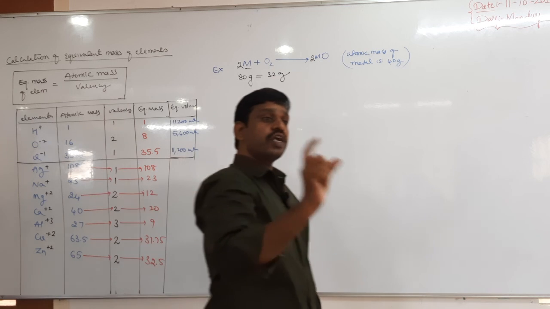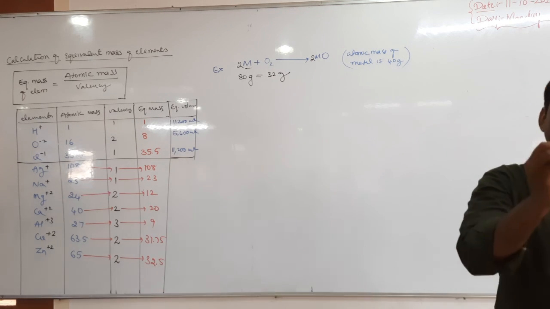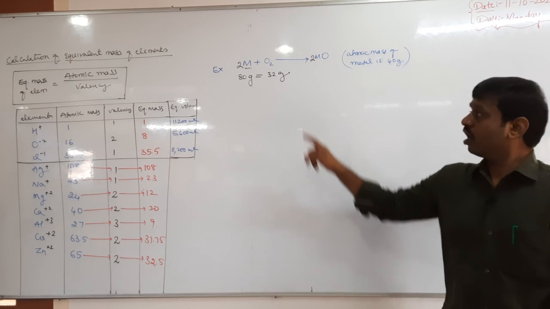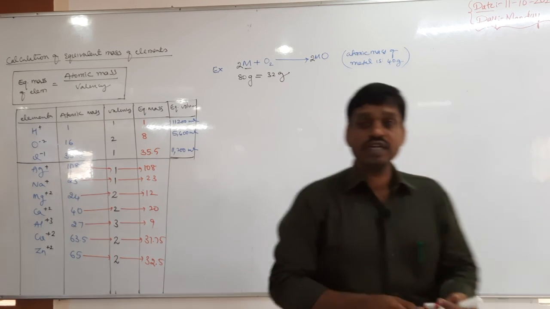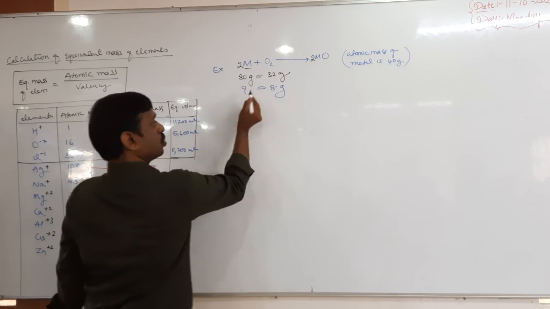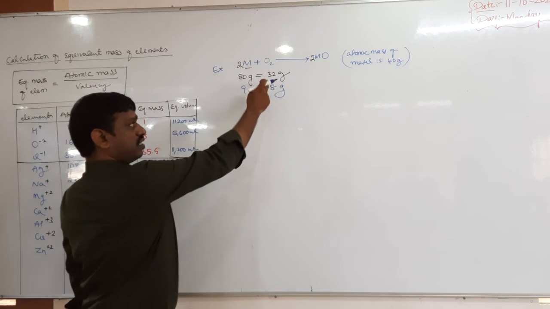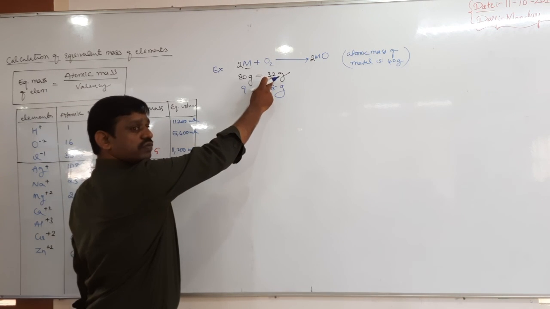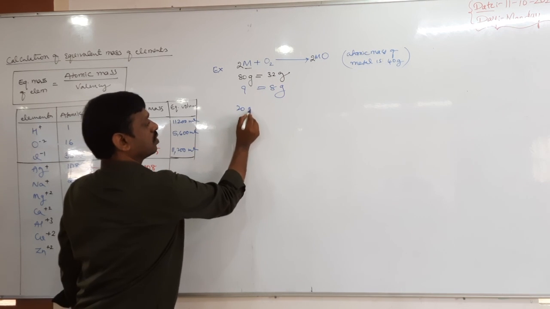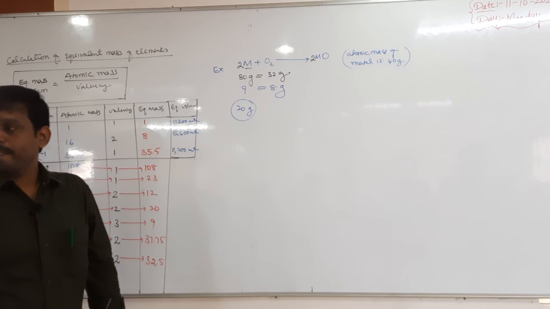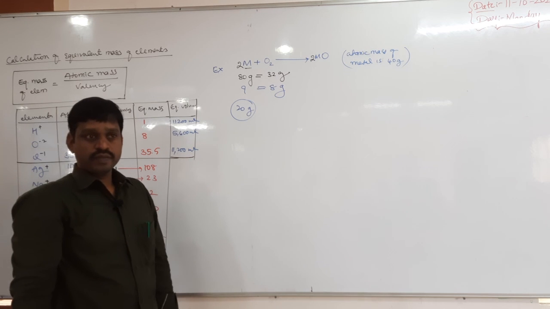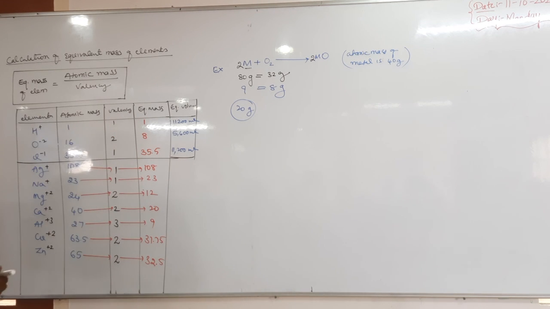But to calculate the equivalent mass, we need to take the equivalent mass of any one element. Whose equivalent mass is known? Oxygen. What is the equivalent mass of oxygen? 8 grams. 8 is one-fourth of 32, so one-fourth of 80 is 20 grams. Answer is 20. Okay, so this kind of question is important. So that is the equivalent mass of an element.